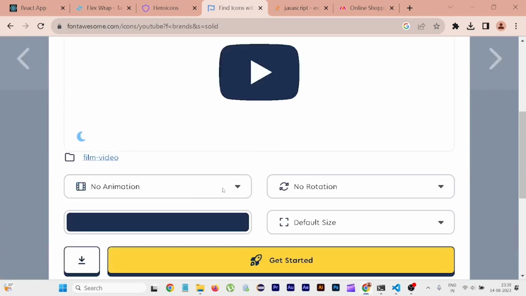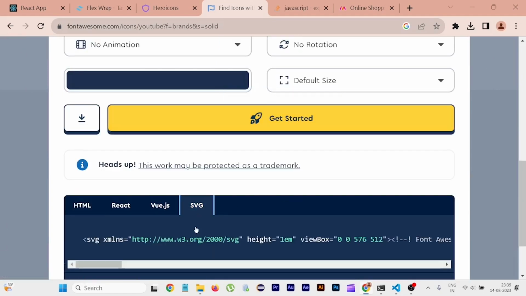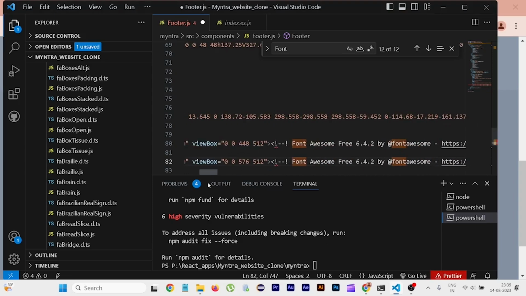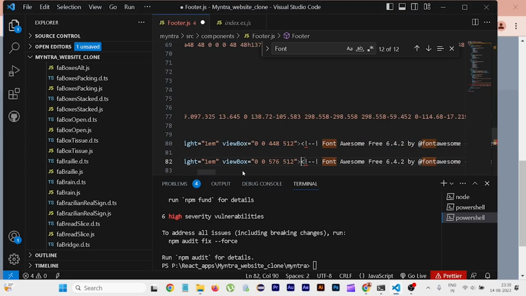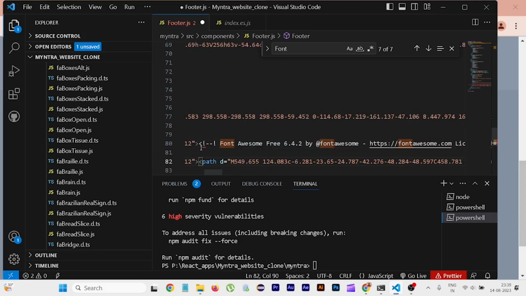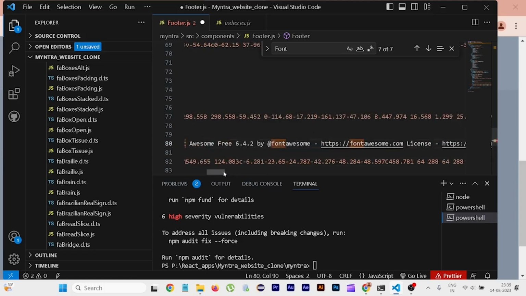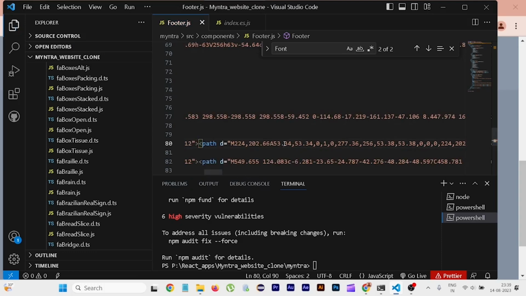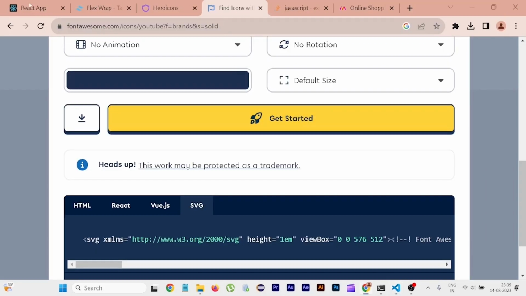Go here, go to SVG and paste here. Get the code, delete this extra one. As you can see,